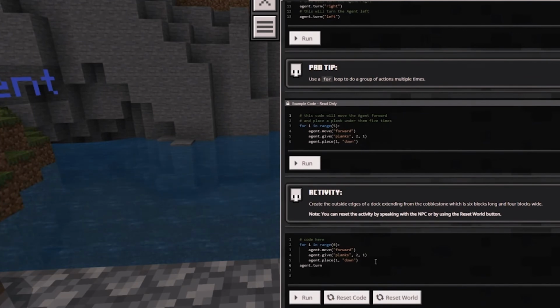So we want the agent to turn when it gets to the end of the doc to face a new direction so we can lay the other foundations of our doc. So I'm going to hit brackets and let's turn to the right. Okay, now that will allow our agent to turn to the right, and then we have to place another row